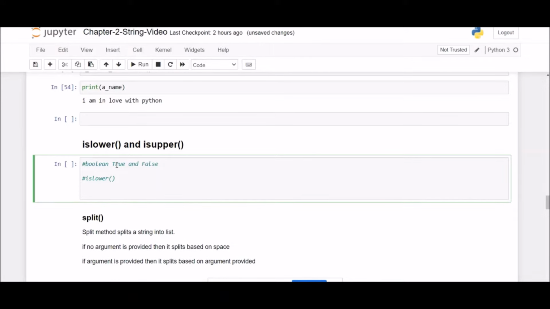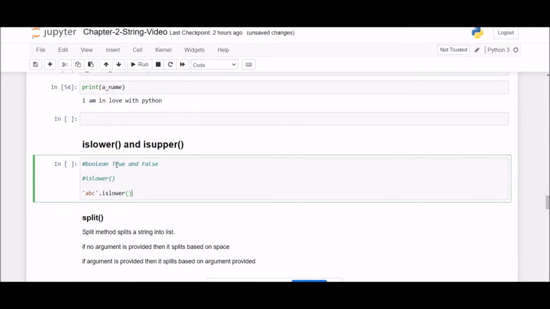For example, instead of assigning a string to a variable and then checking, you can directly write any string and then check. Here I am not taking any variable, I am directly writing a string, a b c, and I'll directly check the method is lower over this string.